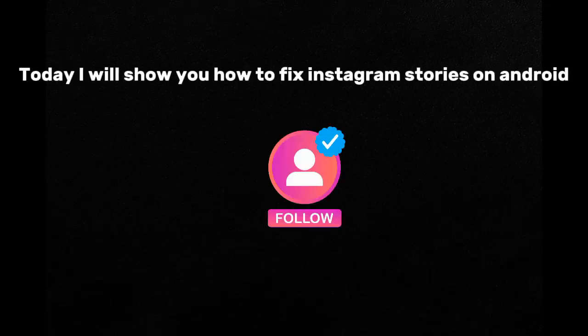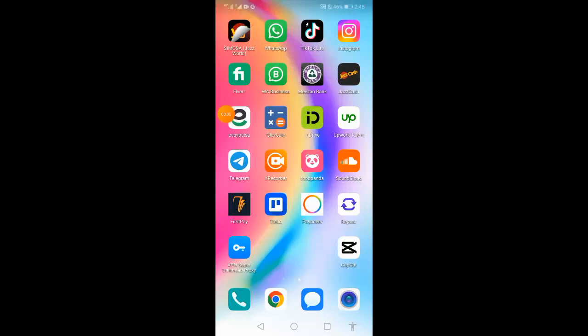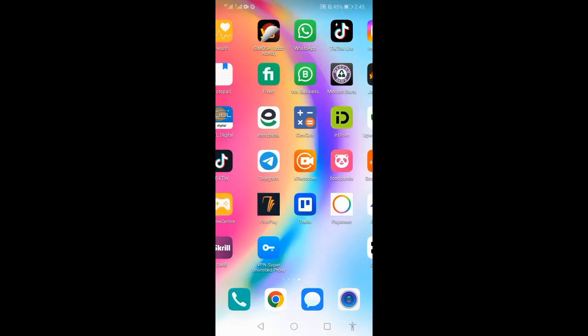Today I will show you how to fix Instagram stories on Android. Hopefully you just have to follow the steps one by one and you will fix it, and you will be able to post a story. You have to just find the App Store on your Android device. When you find the App Store, you have to open it